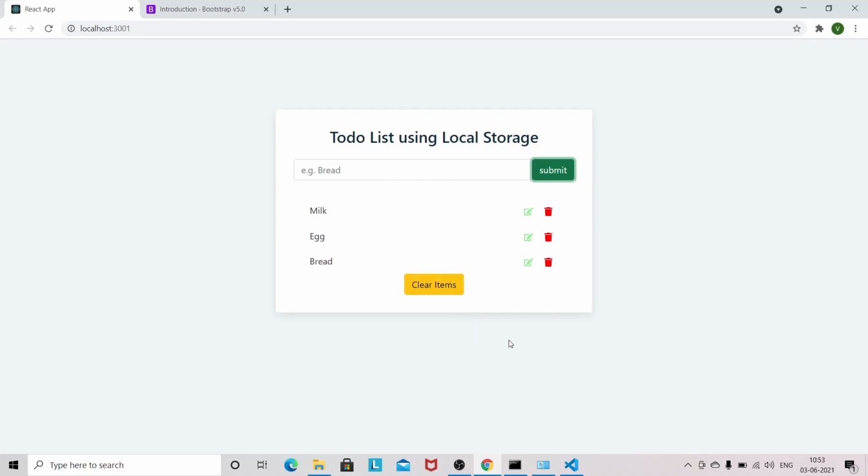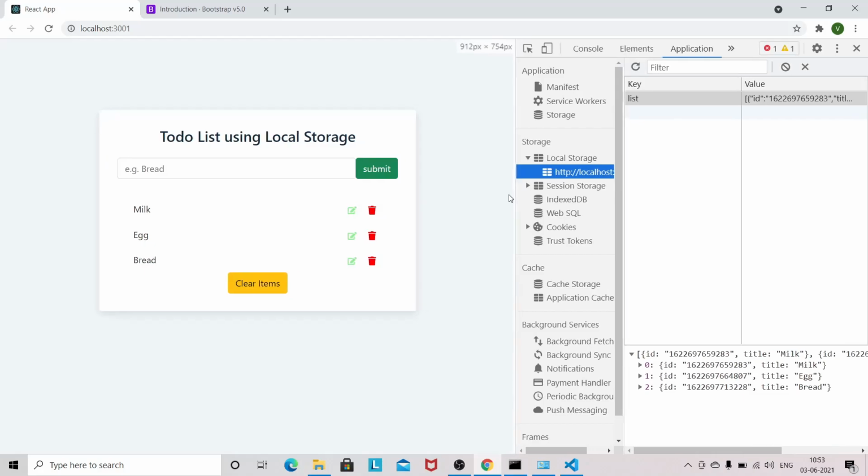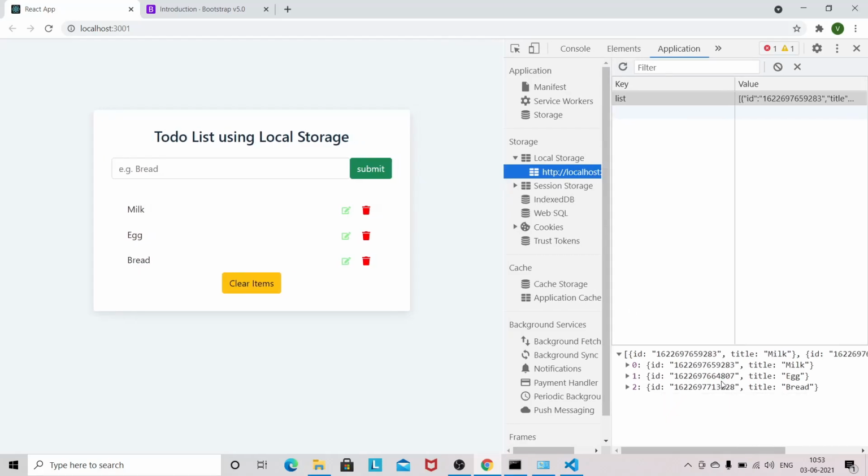You can also do one thing. Since here we are using local storage, if you reload, the items will still be there. This is the main thing that we are going to focus on: building a to-do list using local storage. So I will show you. As you can see, in the local storage I have the 3 items.